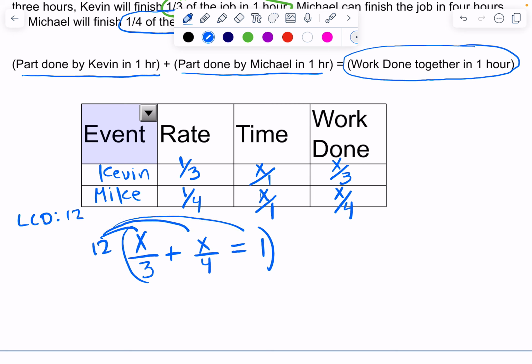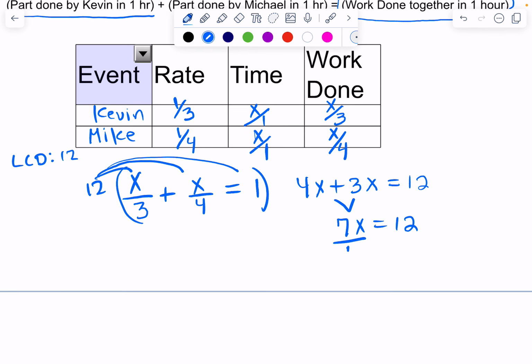12 times x over 3 equals 4x. 12 times x over 4 equals 3x. 12 times 1 is 12. 3x plus 4x is 7x, which equals 12. And I divide 7 to solve for x. So x equals 12 sevenths, which is 1